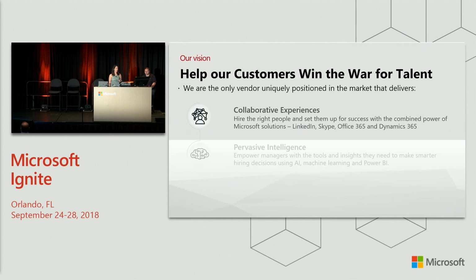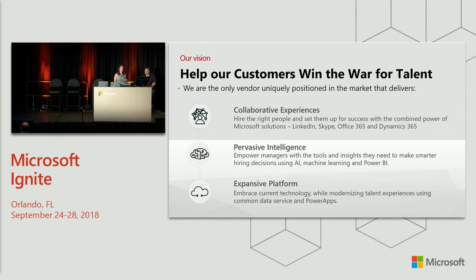And we do think that we're positioned rather uniquely to fulfill on a lot of these promises and requirements. So with regards to collaborative experiences, a lot of talent acquisition systems, again, are taking something that was built for an HR professional and expanding that out to pull in hiring teams and pull in candidates. Attract was actually built specifically, nascently, to think about how do we empower the hiring team and how do we give the candidate the most transparent, seamless process that we can give them in conjunction with what recruiting needs